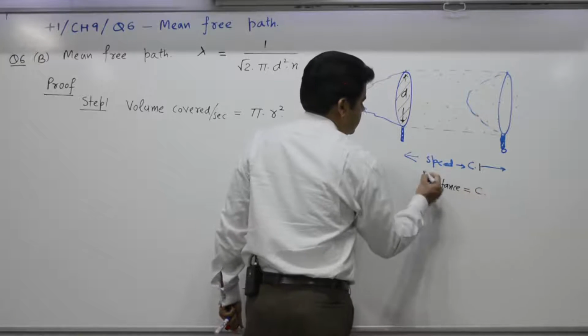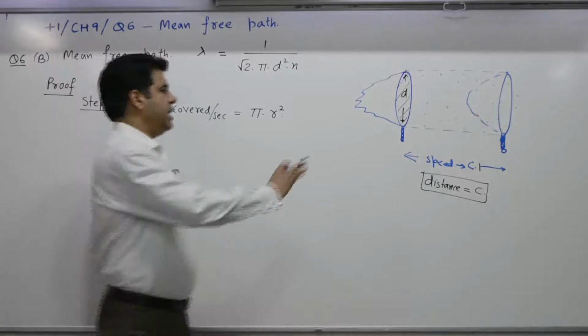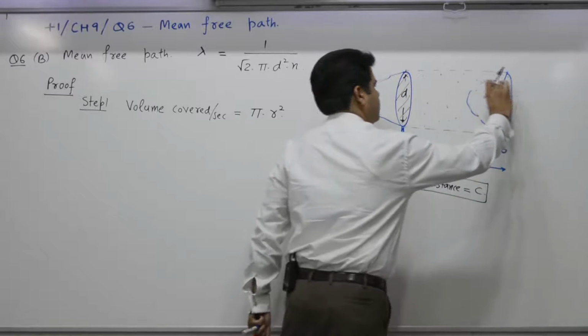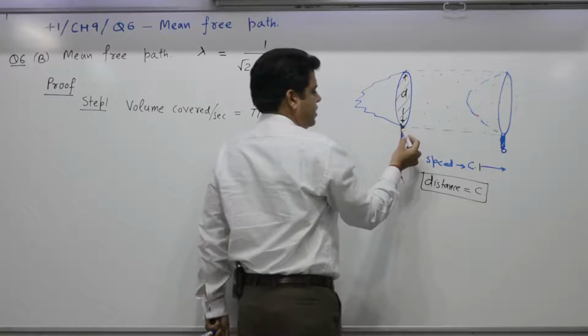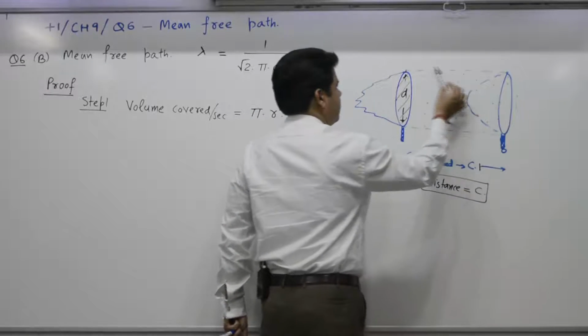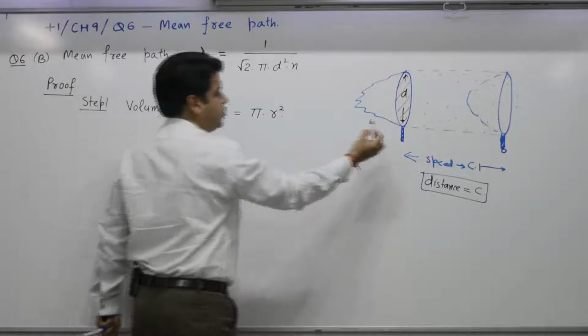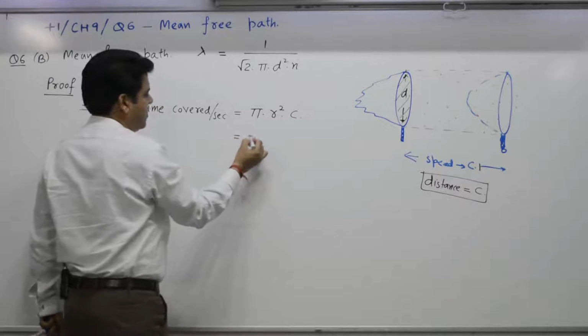Distance covered is C. Repeat. As this ring moves from initial position to final position, area of this is pi r square. This distance covered is C. What is the volume of this cylinder? Base into height. So, volume covered is,